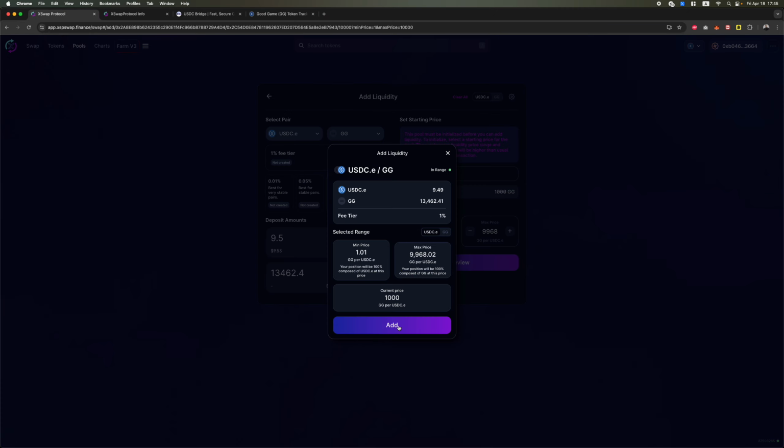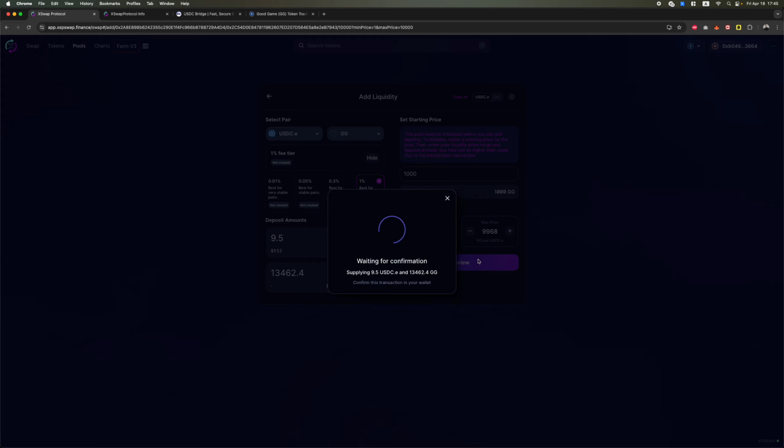All right, and we need to confirm. We need to check, is everything all right? So we're providing 9.5 USDC.e and GG tokens, this amount, for creating fee tier with 1% fee, right? And also here is the price ranges. We can see it from USDC perspective or from the GG token. All right, and create liquidity,